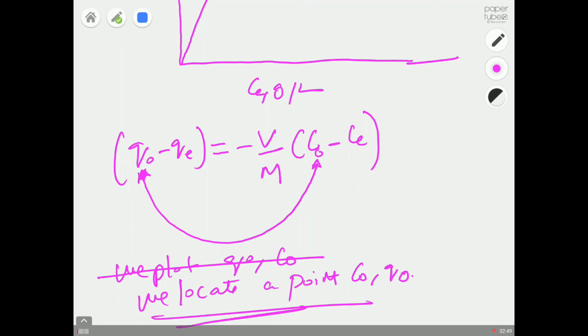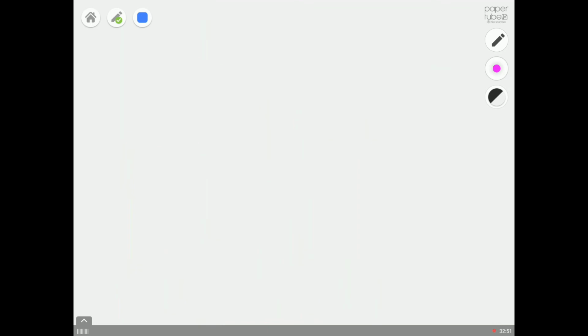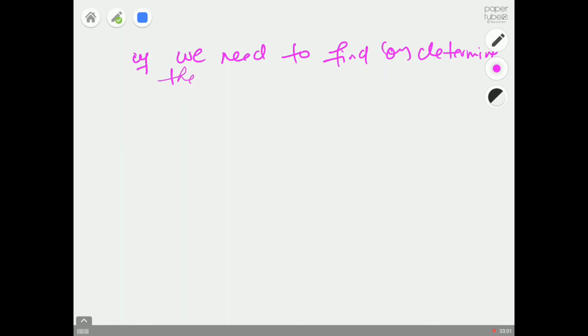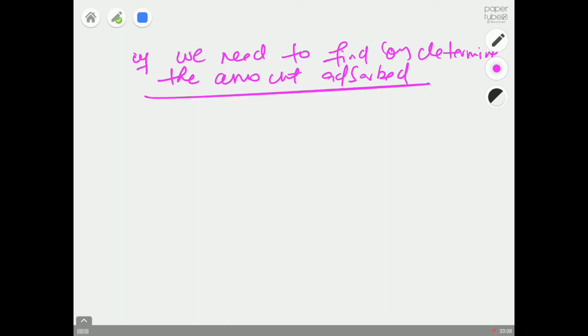So what is this? Let me rewrite again here. If we need to find or determine the amount adsorbed for some set of experimental conditions,